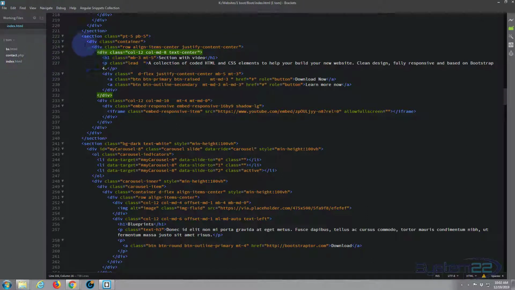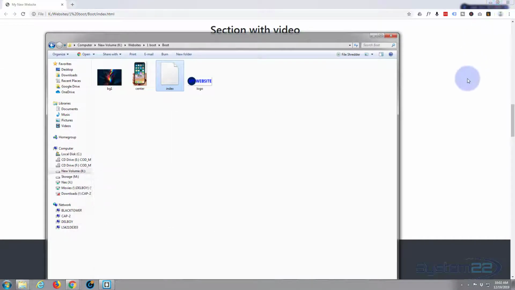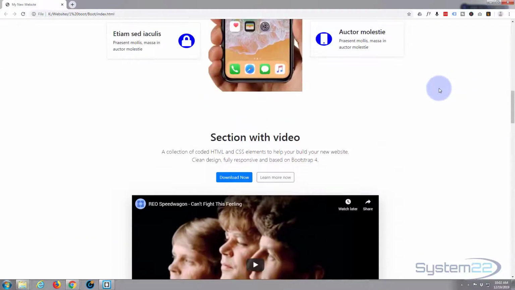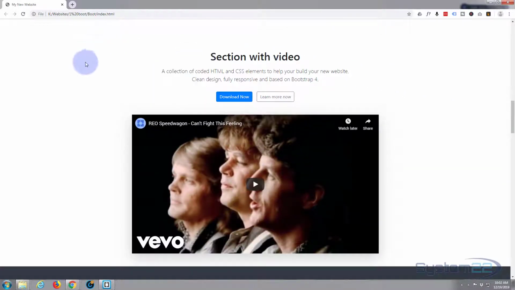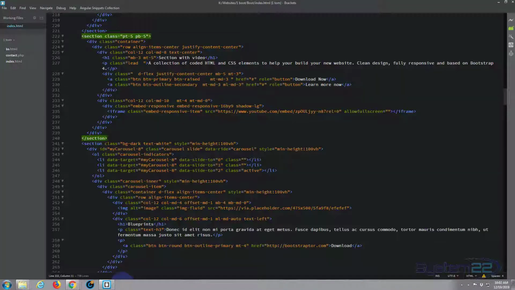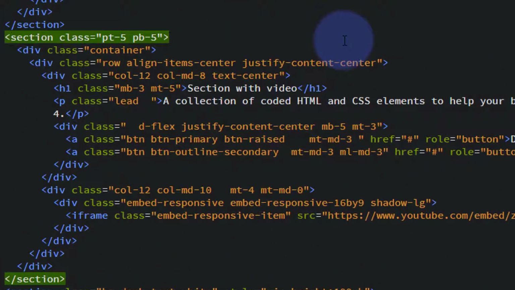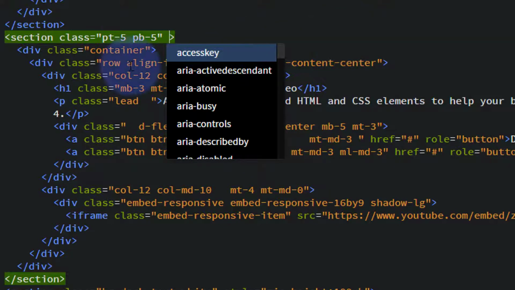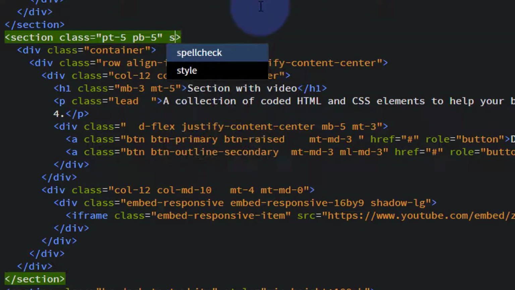First thing I actually want to do is make the background of this section, because we're here, black, and I'm going to turn the writing white. So let's do that. And they're using inline style on this site, so we've got to write it on the page. And to do that, I'm going to add style